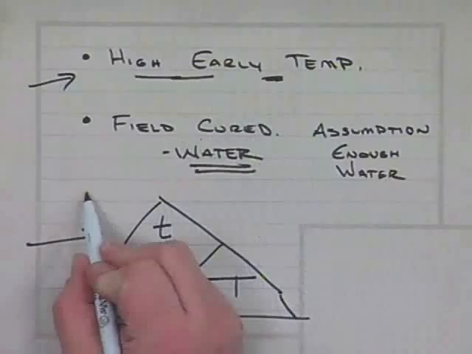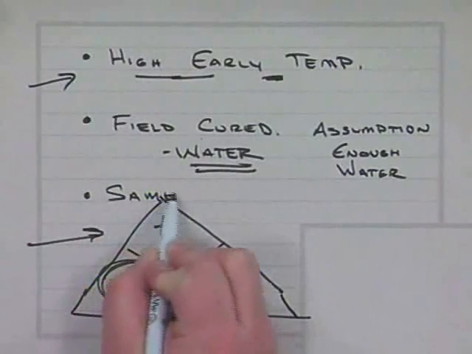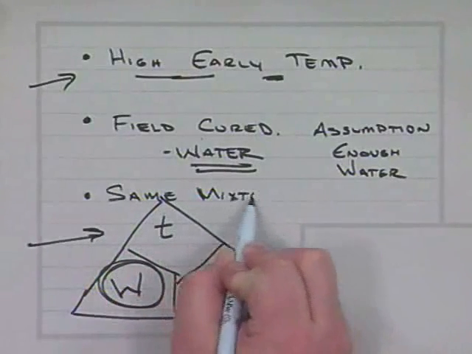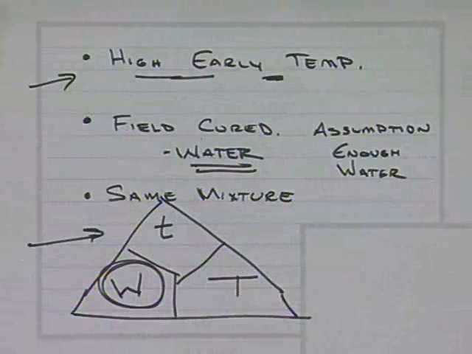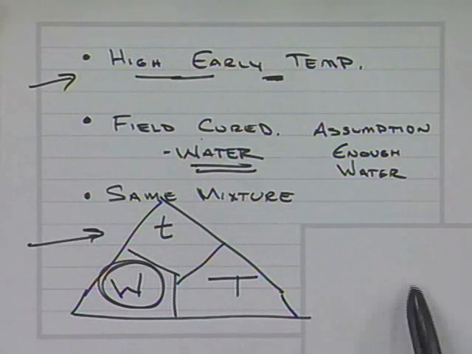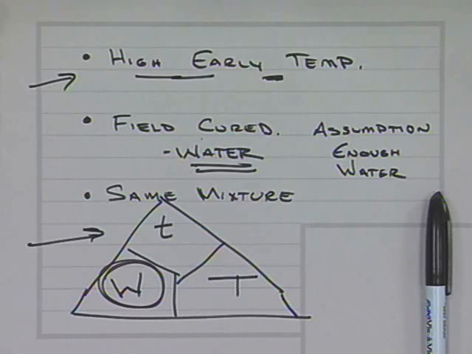Isn't this highly dependent on the level of quality control and being able to reproduce the same mixture? Well, that's the other big caveat in this. You have to assume the same mixture. So the third thing, we said high early temperature, field water cured, and then same mixture. And we will actually talk a little bit about this. And you may say, well, that seems obvious. Of course we would use the same mixture. I will say that there are several states that are getting this wrong because they are not holding the contractor tight enough